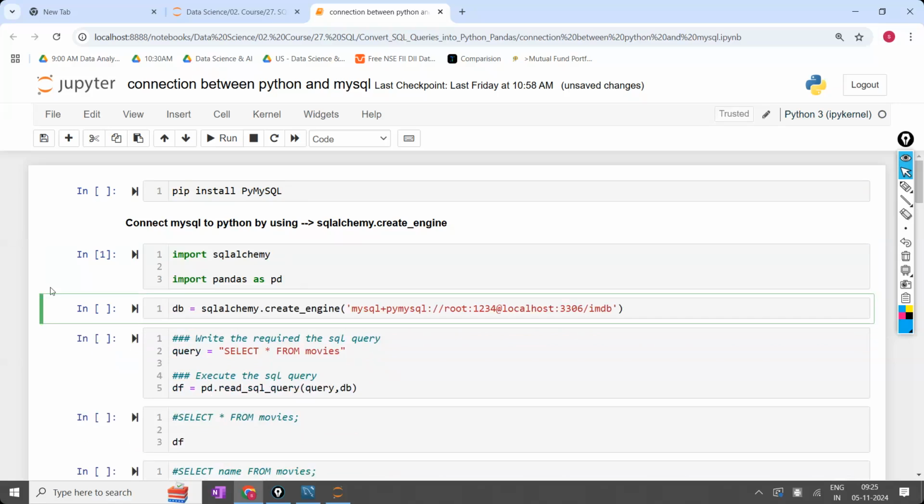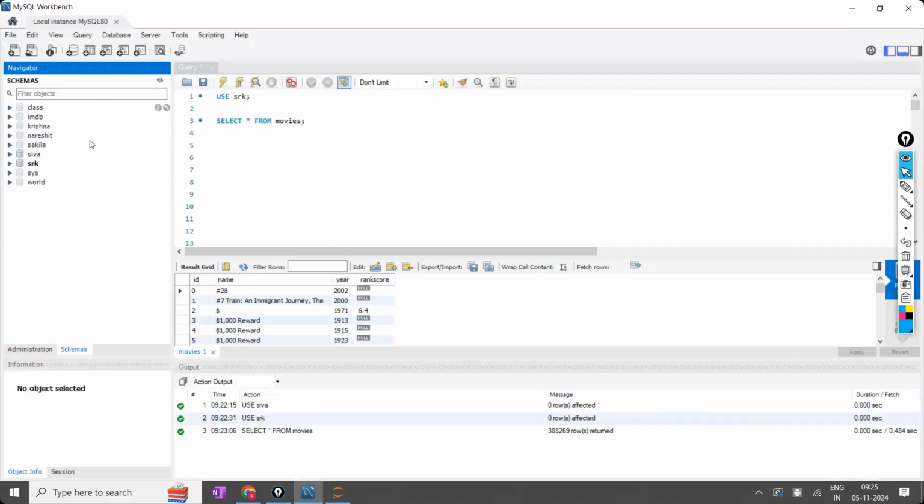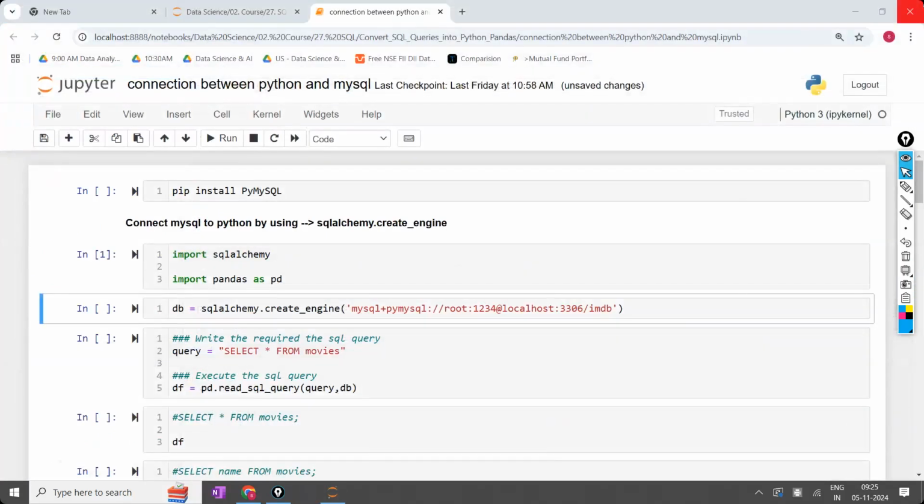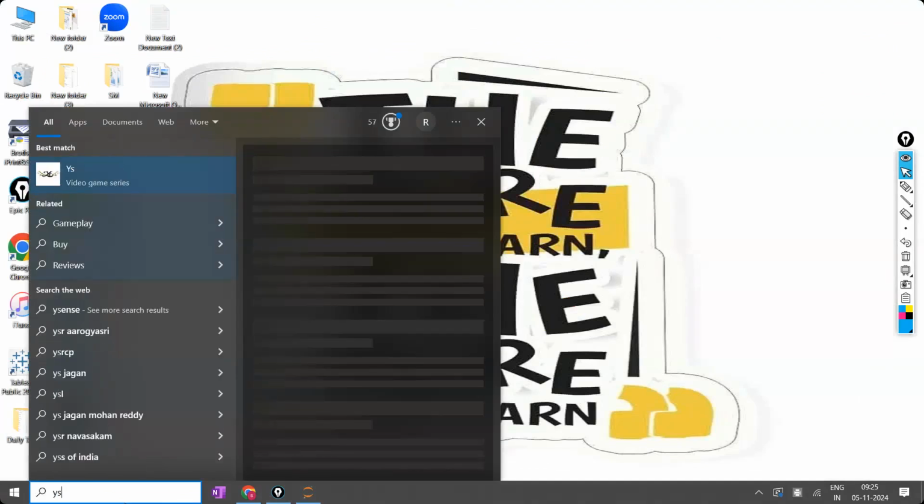Which database? In the company, assume they have given me one database. My company has given me the database called SRK. Now I want to connect to the SRK database. How can I connect to the SRK database? Observe one more time. Here, once I click on the MySQL Workbench,